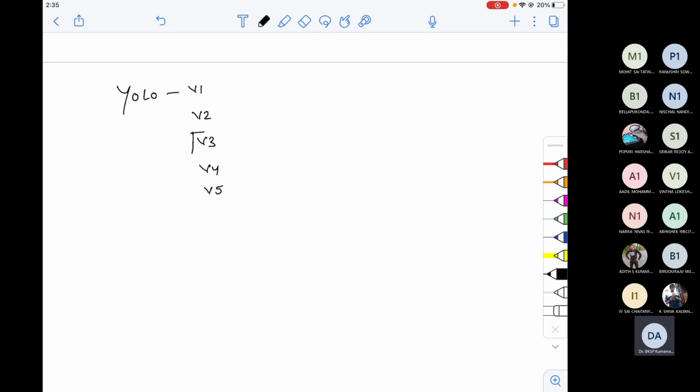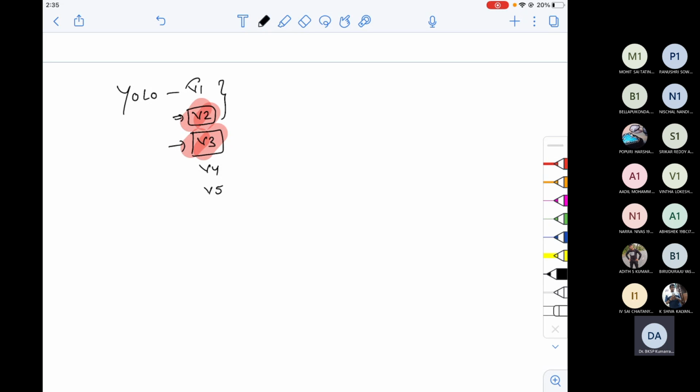We'll just discuss the middle variant so that it will be easy for you to understand, because when I discuss V3, it is easy to understand V1 and V2. For the sake of clarity, I'll also discuss V2. Firstly, I'll start the V3 discussion, and while discussing V3, I'll also compare with V2.